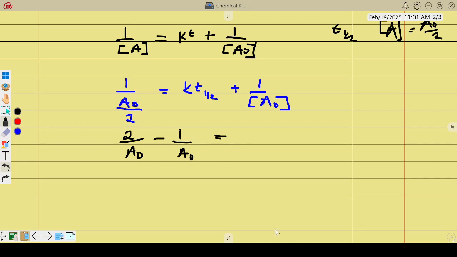So we have K T. This is half time, 1 over 2. So we can simplify this. When you have the same denominator, you simply subtract what's on top. If we have a plus, we say 2 plus 1, but we have a minus, so we say 2 minus 1, it's 1. So this is 2 over A minus 1 over A, it's 1 over A. So this is equal to K